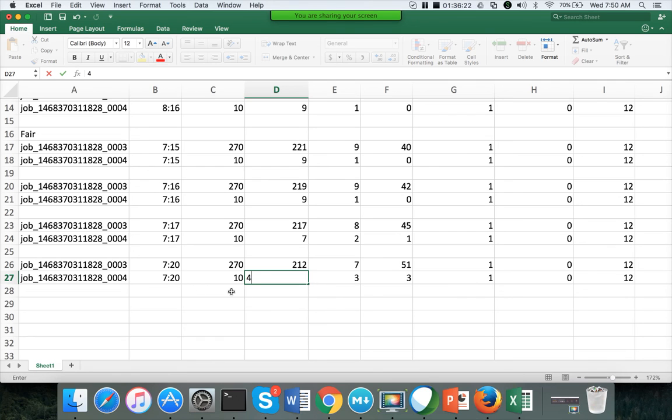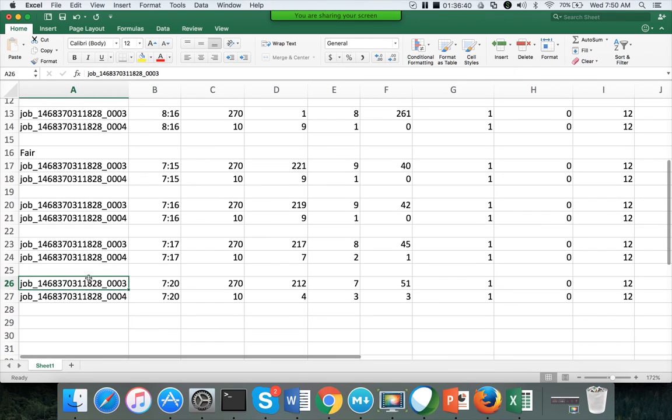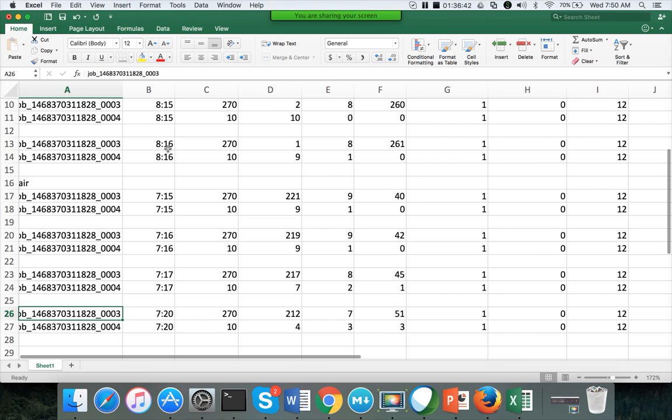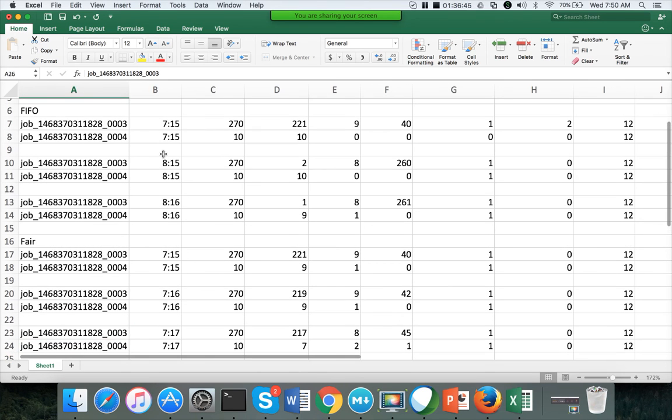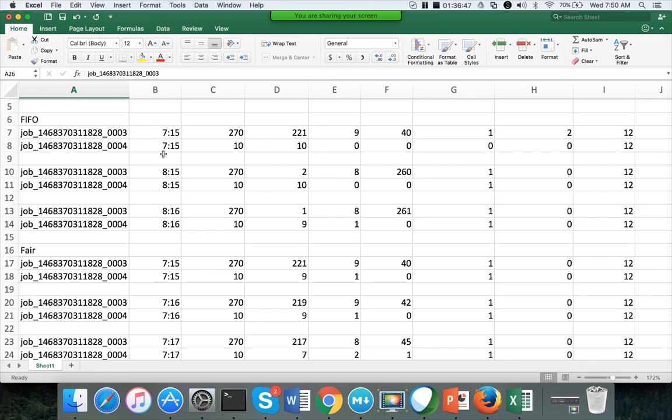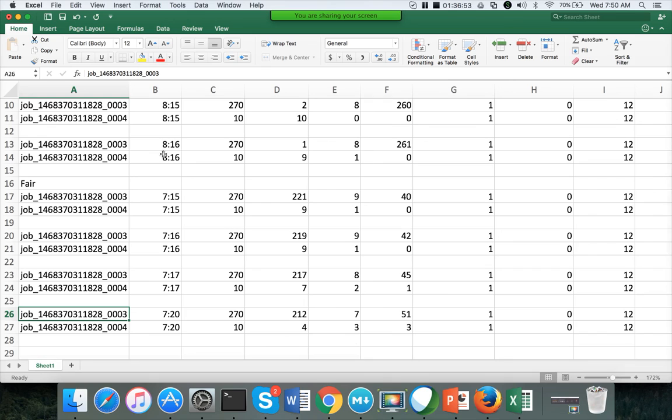So most likely by 7:25, following this pattern, this job will be completed, and this one will keep on running until all the tasks are completed. But as it has delegated some of the capacity to the other jobs, the overall execution of this job will be later than the time when we use the FIFO or capacity scheduler with full capacity. Okay, full capacity given to one queue. If there is only one queue, then capacity and FIFO schedulers are the same.